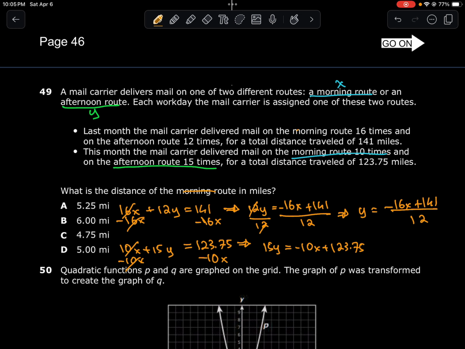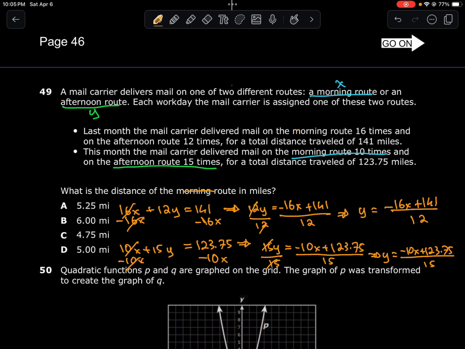Then another property of equality, only this time it is division. So I divide both sides by 15, the entire left and the entire right-hand side, and what I get is y equals negative 10x plus 123.75 over 15. I'm not even going to try to simplify that,